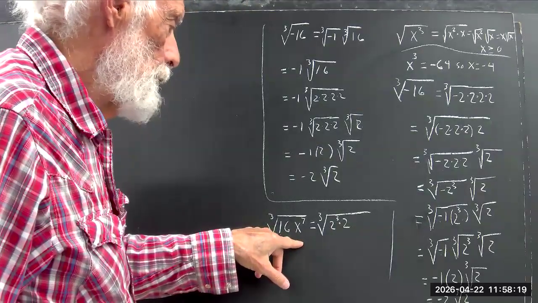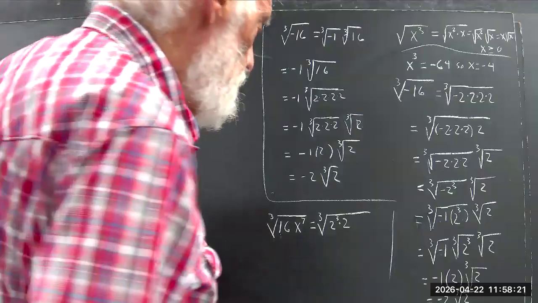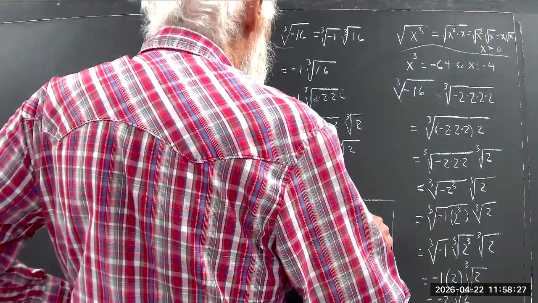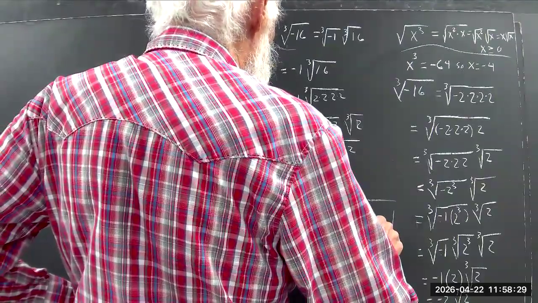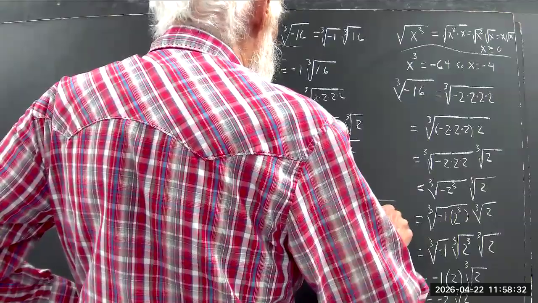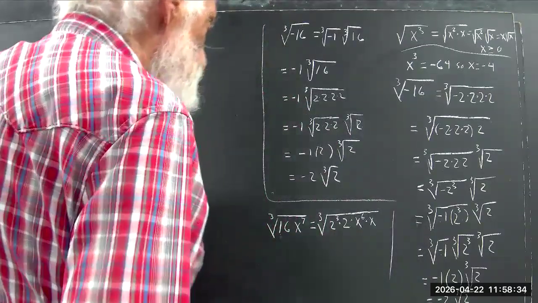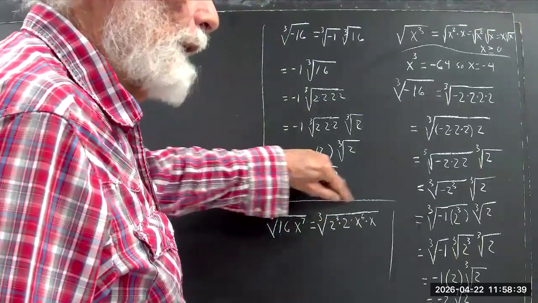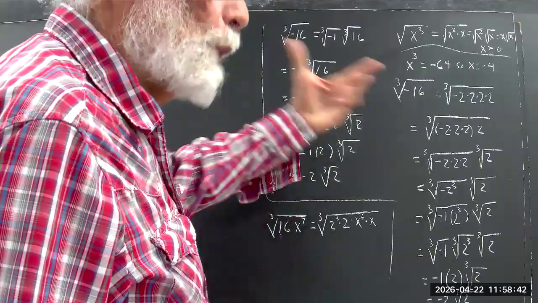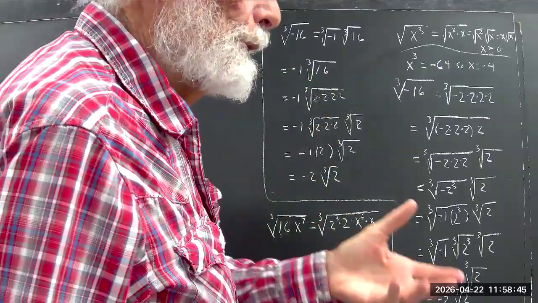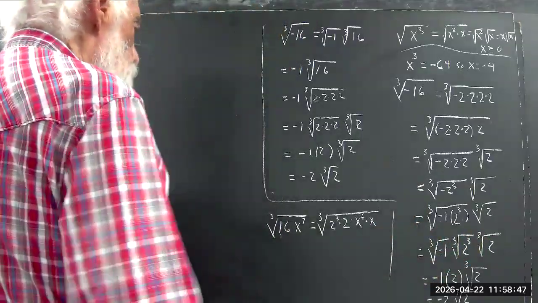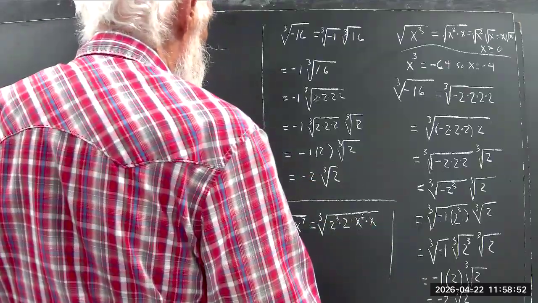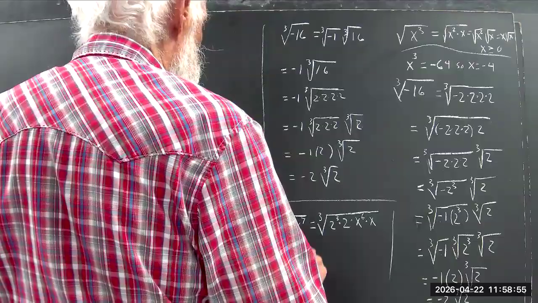What about the cube root of x to the 7th? Well, x to the 7th is x to the 6th times x. The cube root of x to the 6th is just x to the 6th to the 1/3 power. 6 times 1/3 is 2. Or you could just say x to the 6th is x cubed times x cubed. Whichever way you see it, this comes out